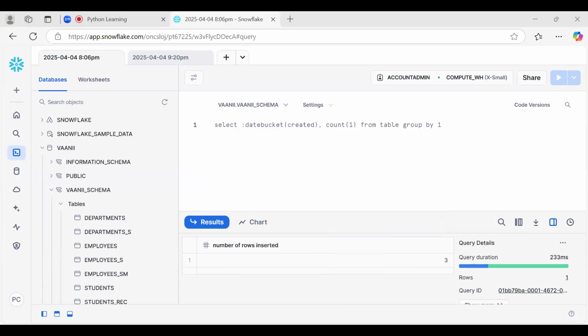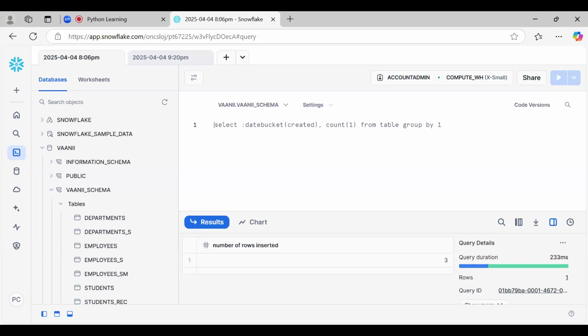Now we will do joins. Joins means combining the data from multiple tables. There are certain rules for joins, and we have proper syntax for that.